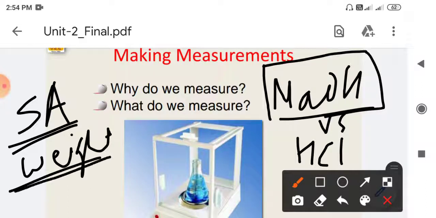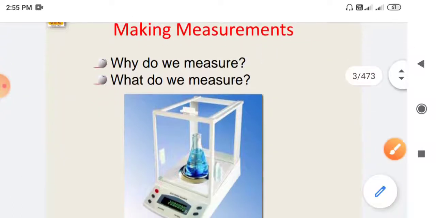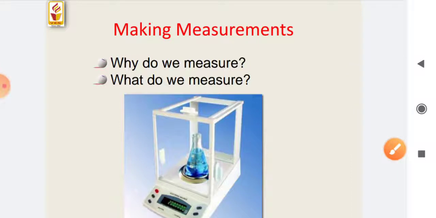So this is one parameter that we need to measure. Then the second parameter is the volume of this NaOH required. So how will you measure that? We cannot measure by using a measuring cylinder or a beaker as such. So we use the burette. Here we specifically use the burette, and for the exact volumes of HCl we generally pipette out by using the pipette. So there we are using various apparatus or instruments which will be useful for the accurate measurement of our given substance.